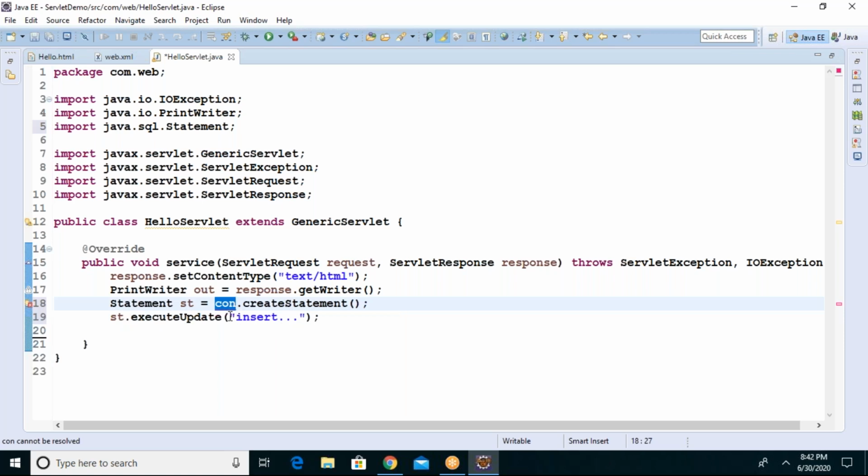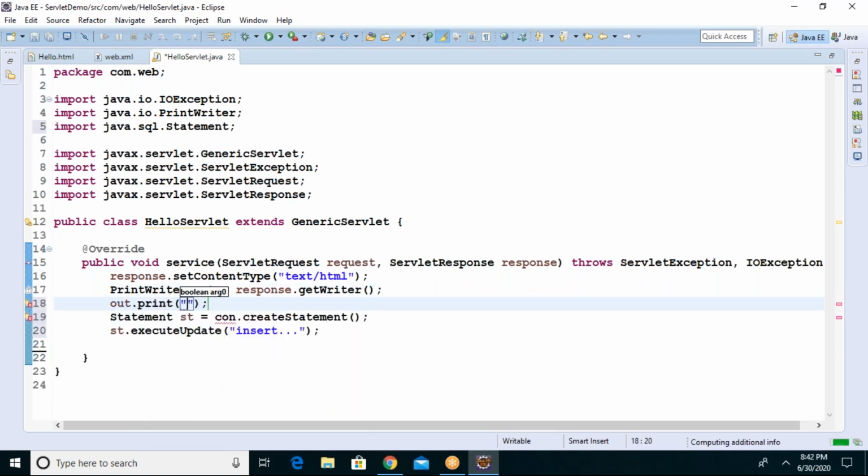What is the relation between the query going through the connection? Because the query is written under the method called executeUpdate. ExecuteUpdate is part of the statement object, and the statement object is created from the connection object. Guys, do remember, when the statement is created from the connection, if you write something, will that go through the connection or not? Yes.